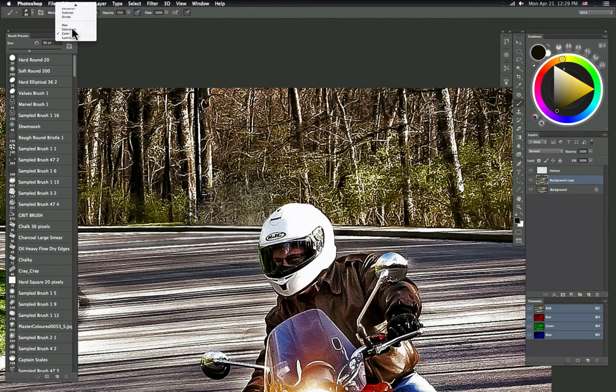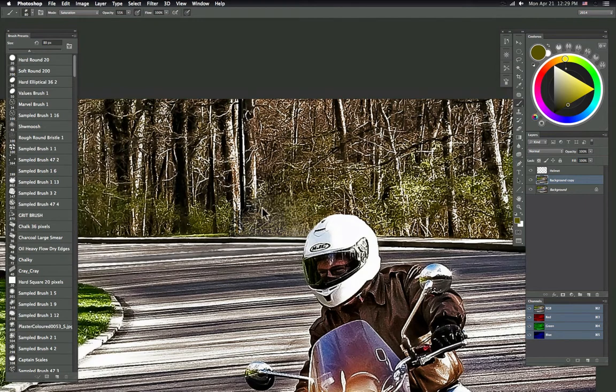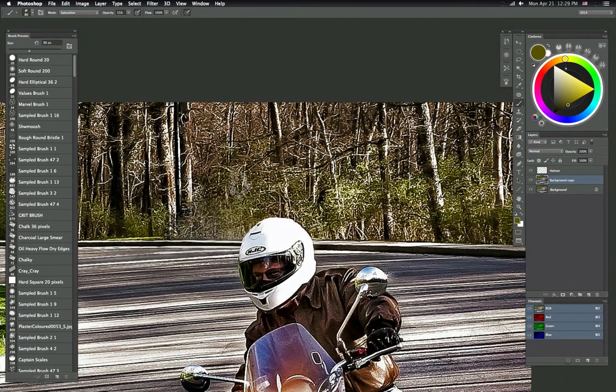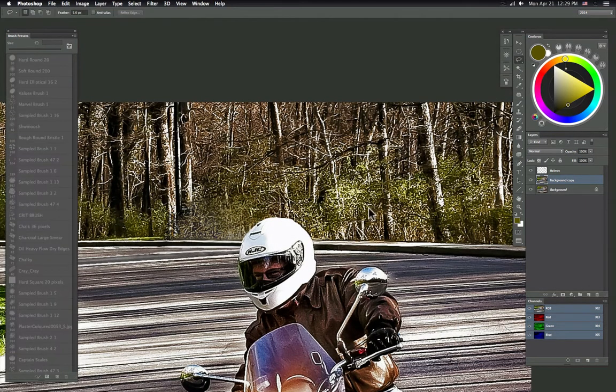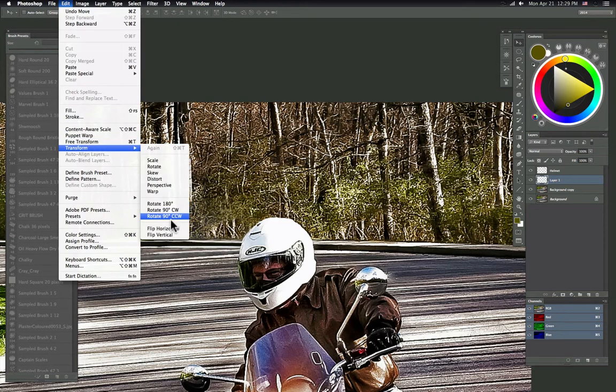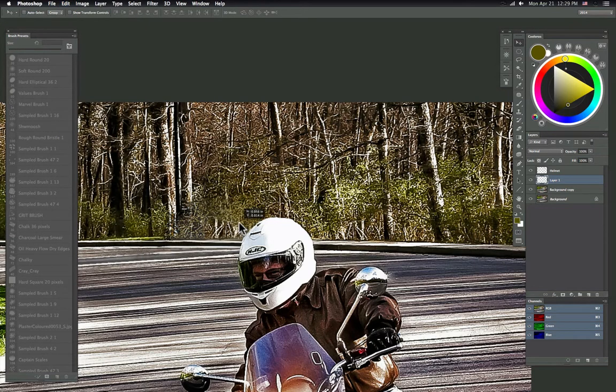Actually, I want saturation, not color. And I just want to establish that there's a little bit more color going on here than what is already there. And I think I want to copy these little twig things, and I'm just going to straight up copy them. So Command C, Command V. I'm going to drag them over here, and just to mix it up a little bit, I'll flip those horizontally,